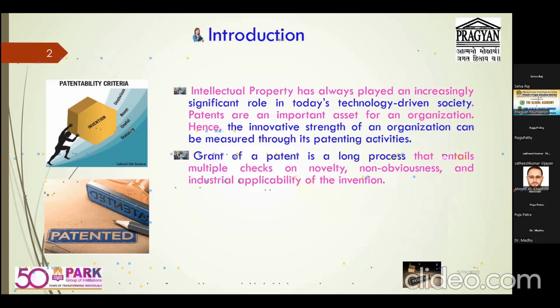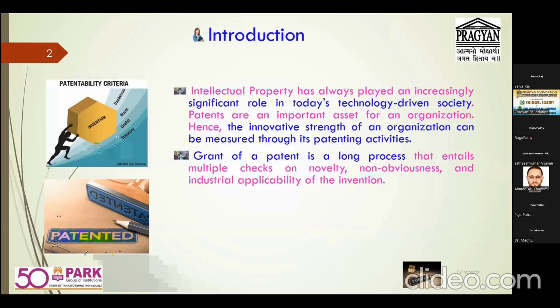And also, when we talk about the patent, it is a long process, definitely. So we should have the time. We can wait a long time sometimes, based on our invention. Minimum 1 year to 3 years. Depending upon our invention, maybe 6 months minimum, to a maximum of 3 to 4 years, even sometimes 4 to 5 years. It's like a scientific publication also. Sometimes based on your inventions, it takes time. So I can say it is a long process.